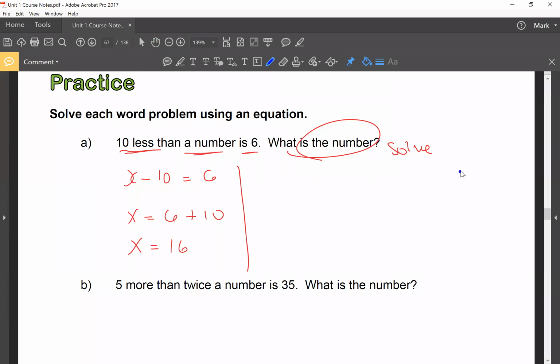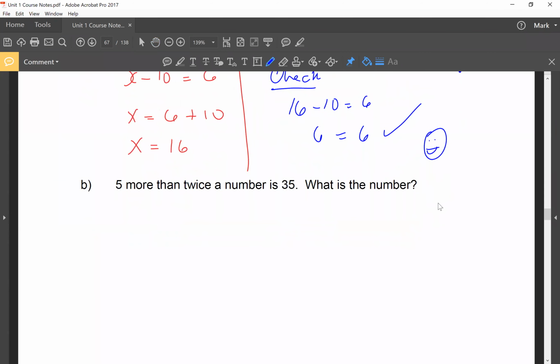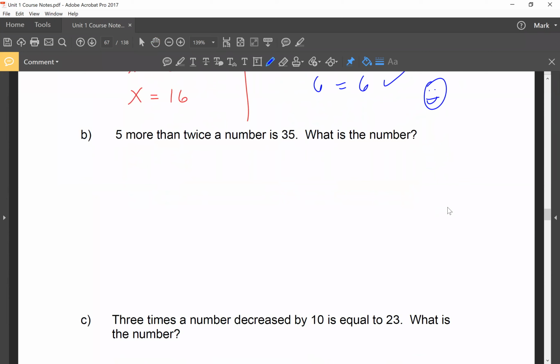I can check this. I can say, okay, well, let's try it. 16 minus 10 is 6. 6 equals 6. Perfect. It works. All right, let's do another one, and then I'm going to make you guys practice. This, by the way, is the last question on your assignment. It will look something like A, B, or C. So B,